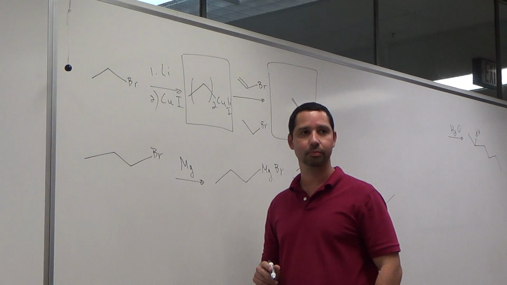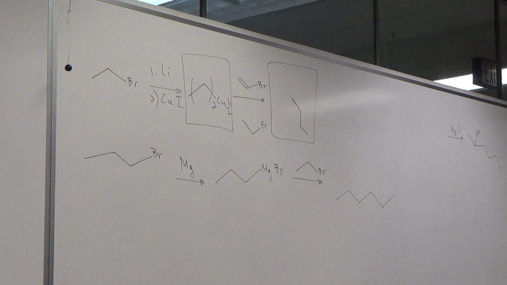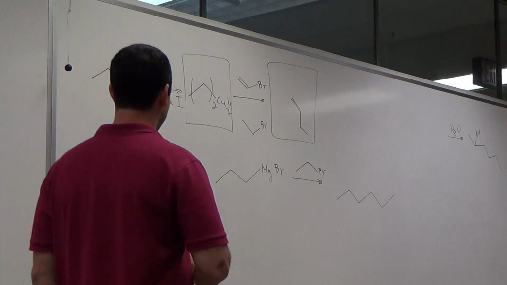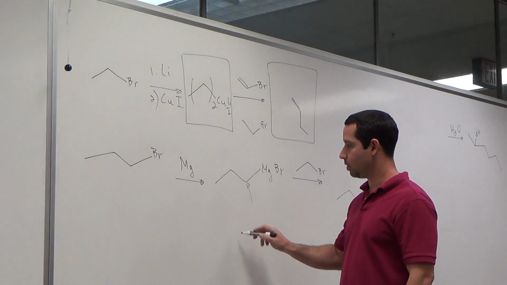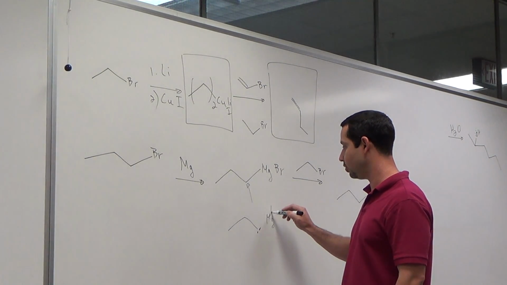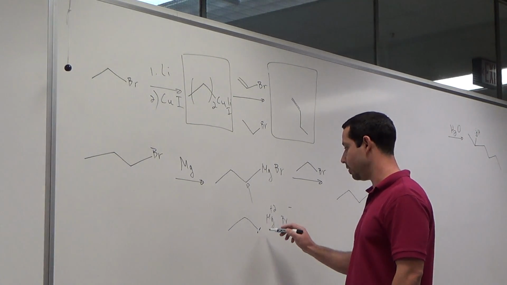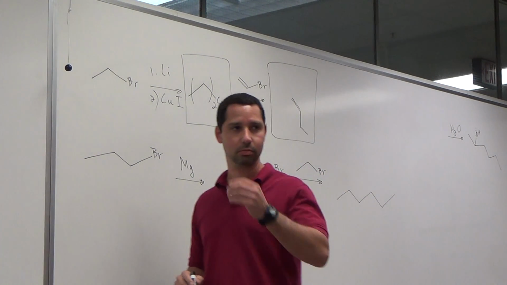Professor, is all of it a nucleophile, or just the part with the MgBr? What do you mean, MgBr? MgBr is positively charged, yes? Is that a nucleophile? No. So when you say this is a nucleophile, what are you pointing to? The carbon. Yes. This is like this, and the Mg is positive. The Br is negative.